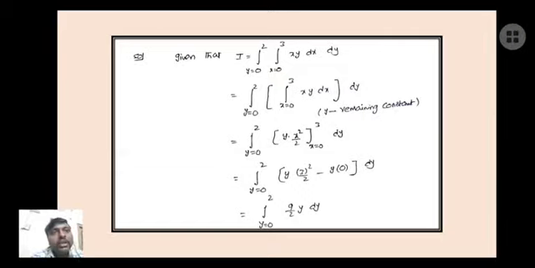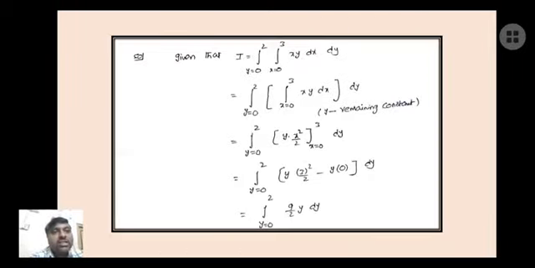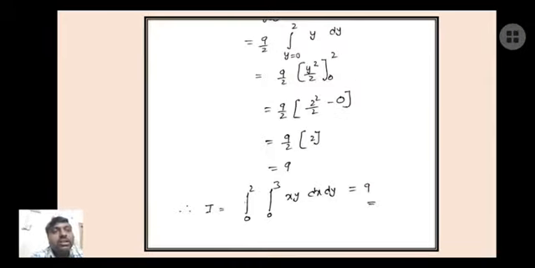Up to here, whenever they give a double integration, that double integration is changed into the form of successive integration. In the successive integration, first I calculate the integration with respect to x. The resultant will be in the form of y. Now I go through the outermost integration. In that one, 9 by 2 is a constant outside the integration, and the remaining thing is the integral of y from y equal to 0 to 2, y dy.